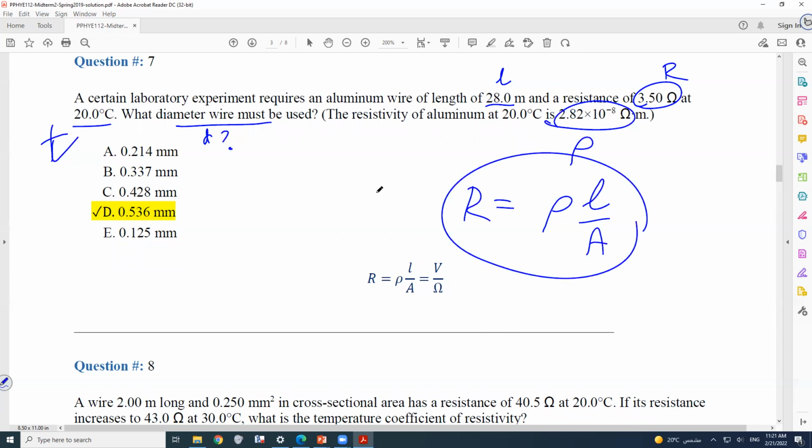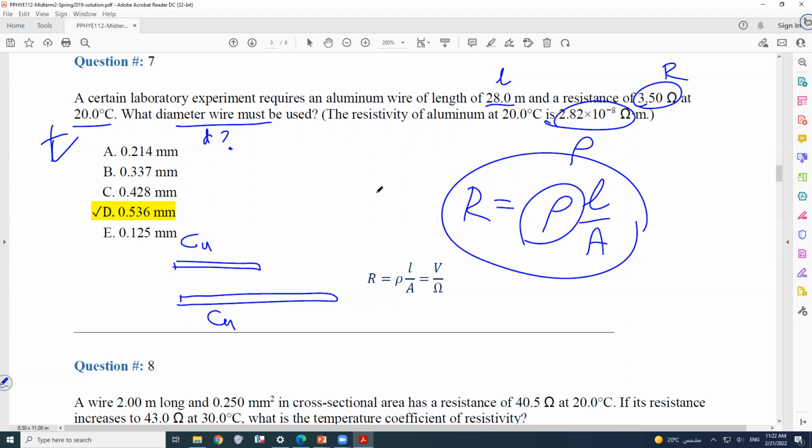What is the difference between resistance and resistivity? Resistivity is the characteristic of the material. Okay, if you take a copper wire, a long copper wire, and a small copper wire, both of them, because it is copper, have the same resistivity. This is the resistivity. But they have different lengths. Resistance will not be the same. The long wire will have the